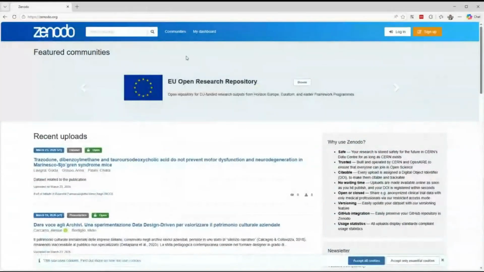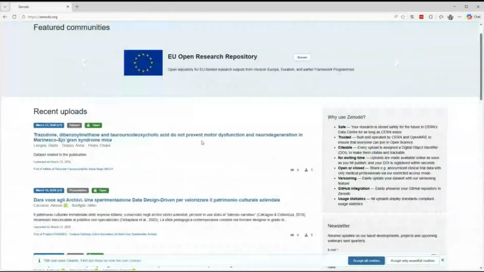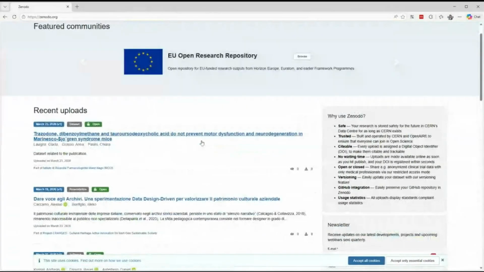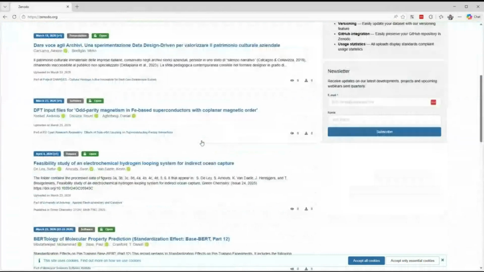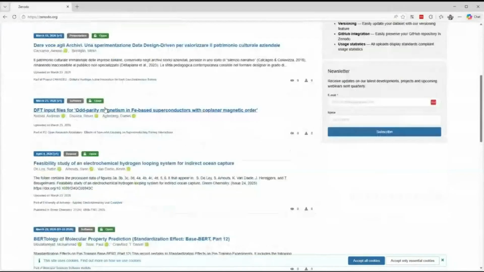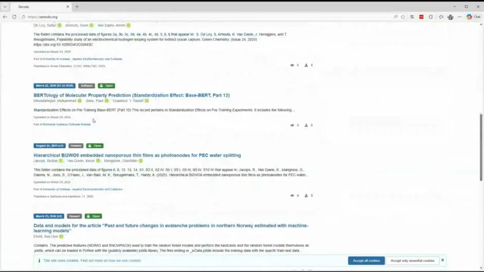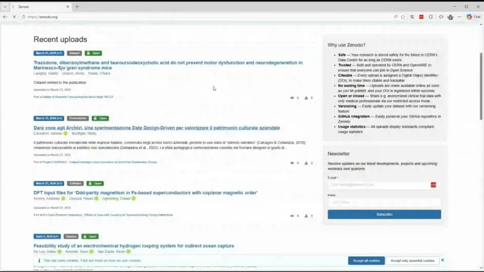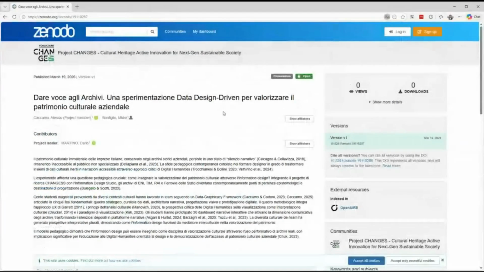Yeah, it's like an open research repository. Normally it could be used for, well, here we have tags: a dataset, a presentation, software. So for instance, if we click this presentation, some people use it if you want to see a presentation in Italian,